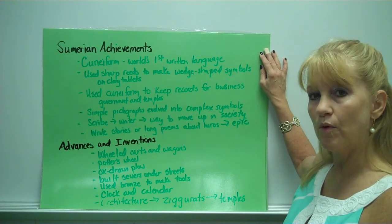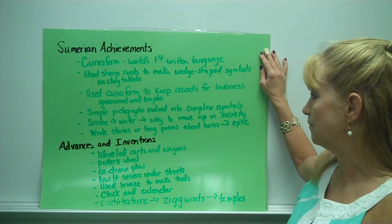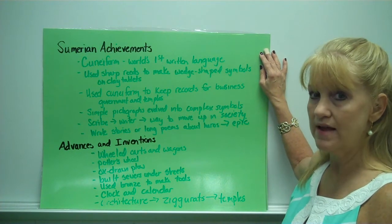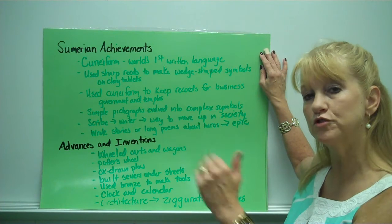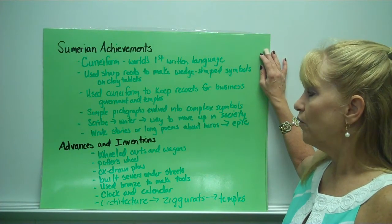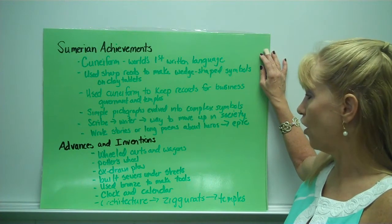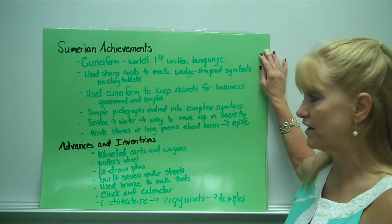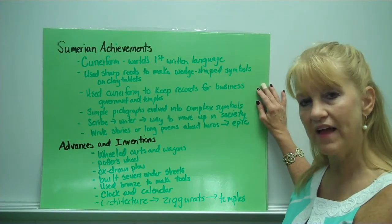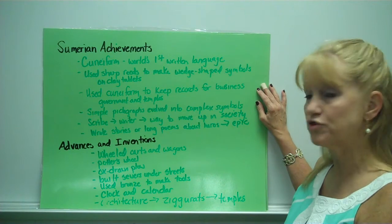Also, many people wanted to be a scribe, and a scribe was the writer who wrote on these clay tablets, and this was a way in the social hierarchy for people to move up in rank. They also wrote stories or long poems about heroes, and this is called an epic. Now, some of their advances and inventions were wheeled carts and wagons, the potter's wheel, which they were able to make vases and pottery items,